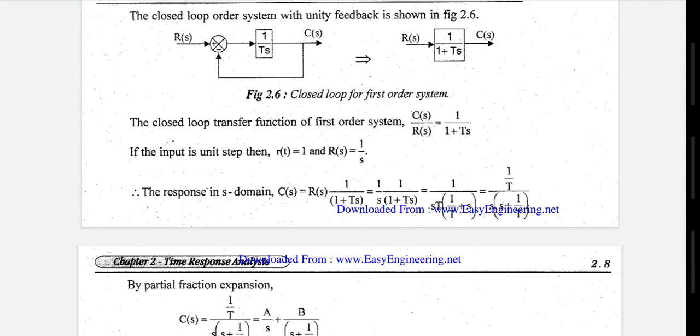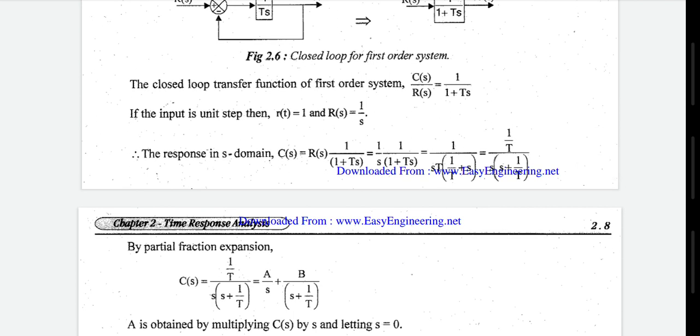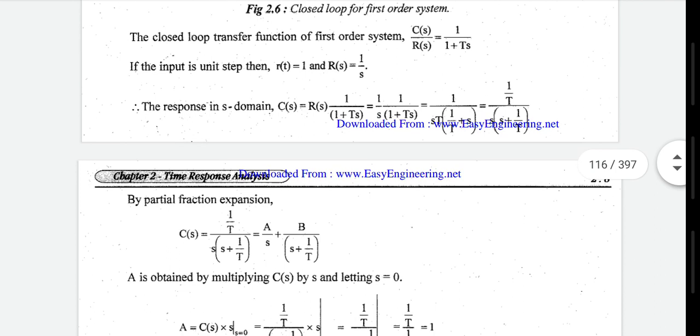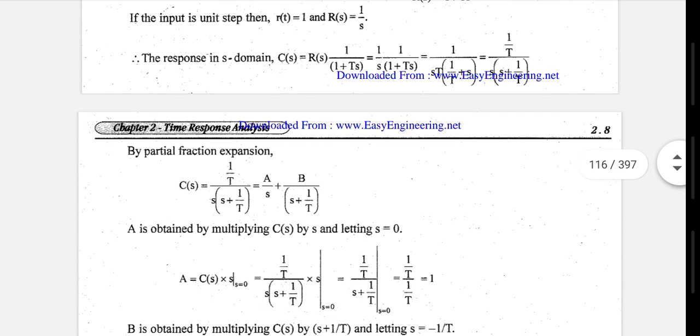Okay, now what is the final value? 1 by s into 1 by s into 1 plus st. Okay, it should be in the form of s plus p, right? Poles మనకి డినామినేటర్లో ఎలా ఉండాలమ్మా, ఫ్యాక్టరైజ్డ్ ఫామ్లో ఉండాలంటే s plus p1, s plus p2 like that you should have, right? It is in the form of 1 plus st. So now removing the t value in the denominator, you will obtain 1 by st into 1 by t plus s, 1 by t into 1 by t plus s, that is equal to 1 by t into s into s plus 1 by t.